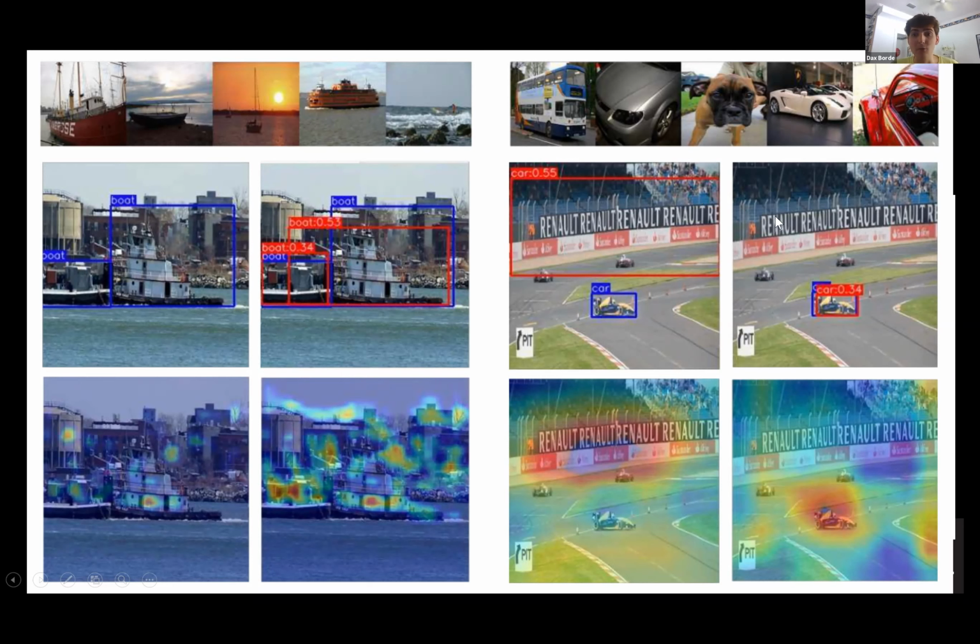Whereas if we can better focus on the support images that have cars in them, we can actually get a much, much better prediction, a very accurate prediction on the car. And you can see this also in the class activation maps down here. There's also another